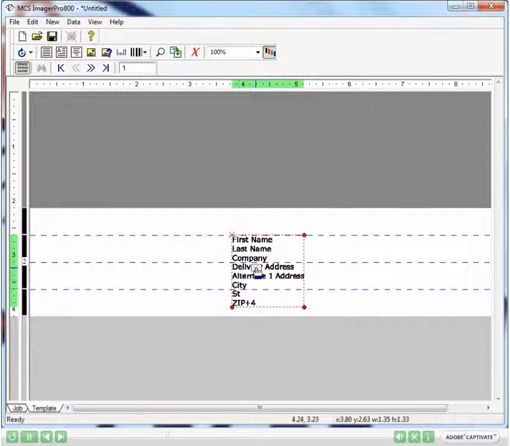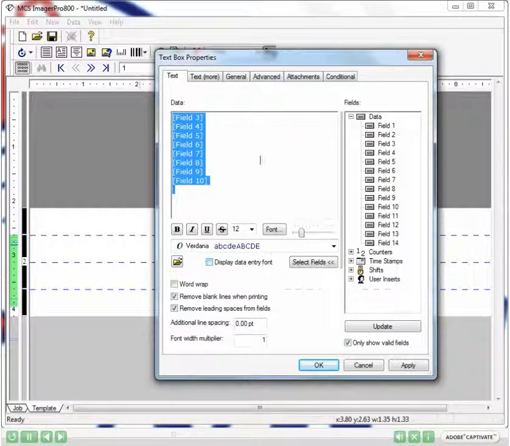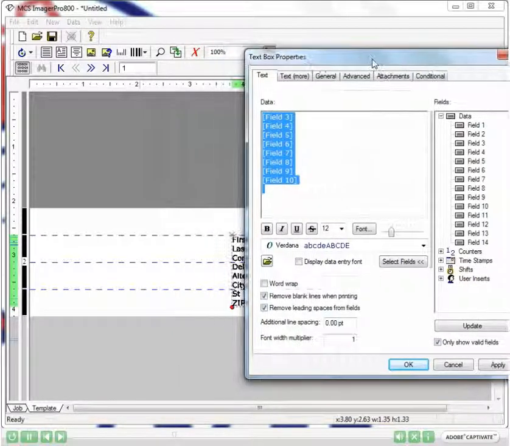Now, chances are most shops standardize their data file formats. All the fields the same. So you could have a template that is saved that you could just bring a data file in, and voila, you have an address block. But I'm doing this from scratch. So this is a one-time process typically. So what I'm going to do is